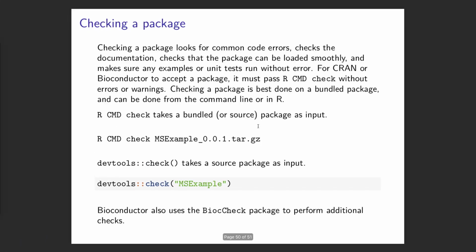So checking a package, there's a couple different ways you can do it again. You can either do it from the terminal command line, or you can use devtools check from within R. R command check, you always want to give it a bundled version of your package. Weirdly enough, it does actually work if you give it the source version, but you'll typically get a bunch of weird errors and warnings, such as hidden files and things like that, that would not be there if you bundled